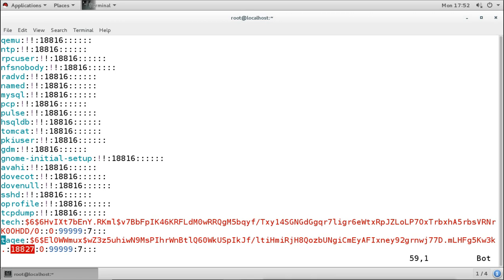It is actually days counted after 1969. So after 1969, 18,827 days after, the password for this user was changed or actually created right now.